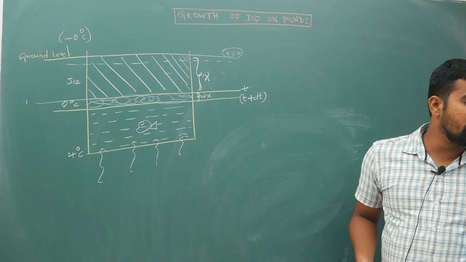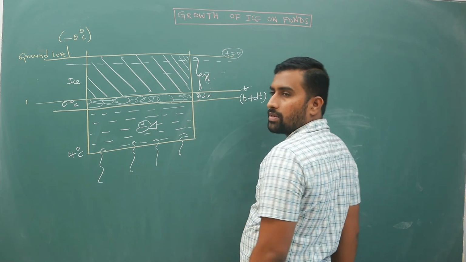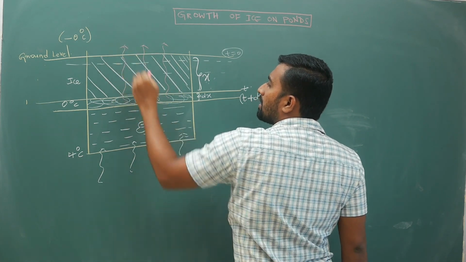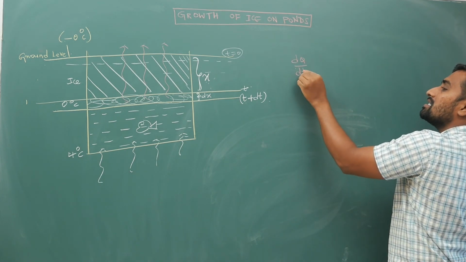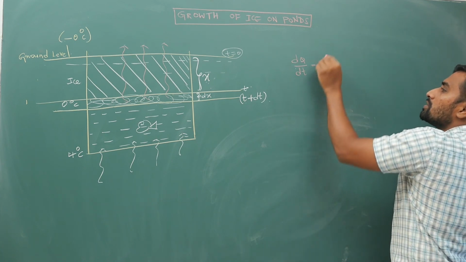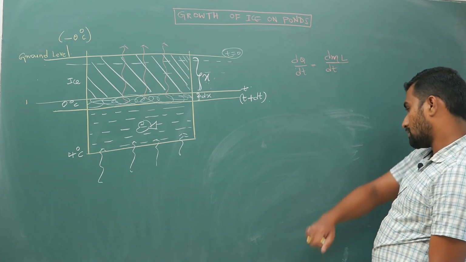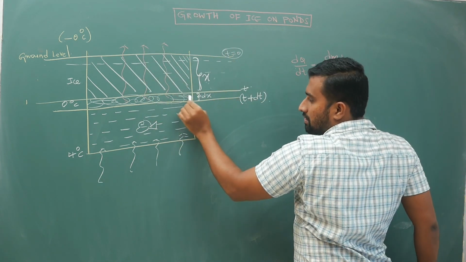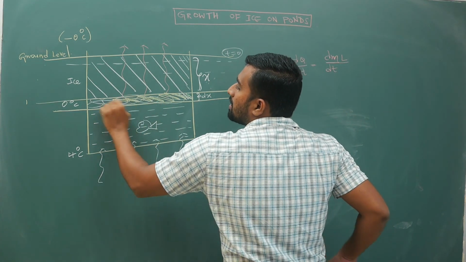Your heat energy will actually get transferred from where to where? In this example, your heat energy is flowing like this. Now, the amount of heat energy dQ by dt that is transferred out to the surroundings will be used for conversion of ice. So that is why it is dm into L by dt. The heat extracted from this portion of water, this width of water that I am taking, probably I will mark with some yellow color line like this.